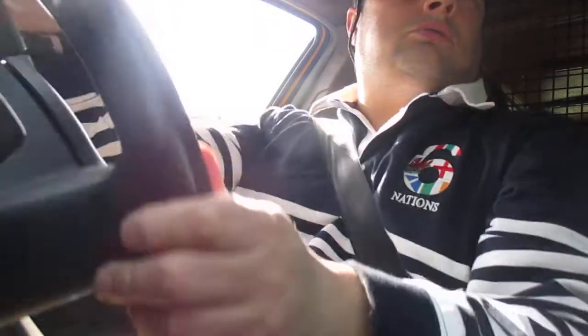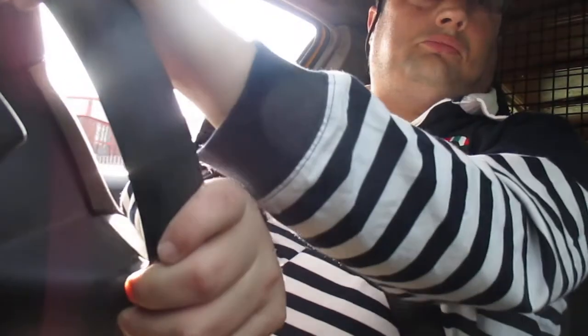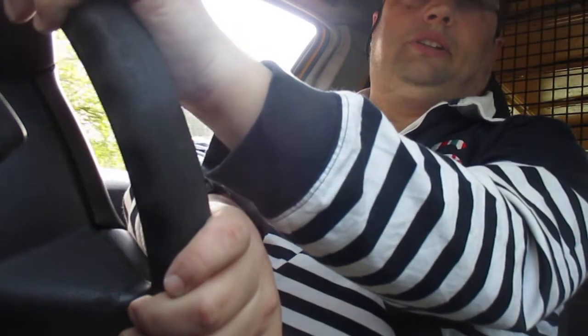So let's see if I can pop this camera to get the damn thing to stay still while we drive. I think that might be a hiding to nothing, to be honest, but okay. It does feel much higher and a lot more spacious than the van I drive right now, the ex-police job. So